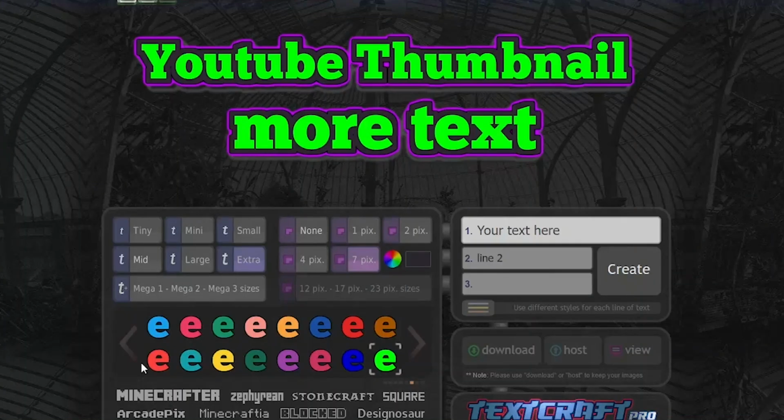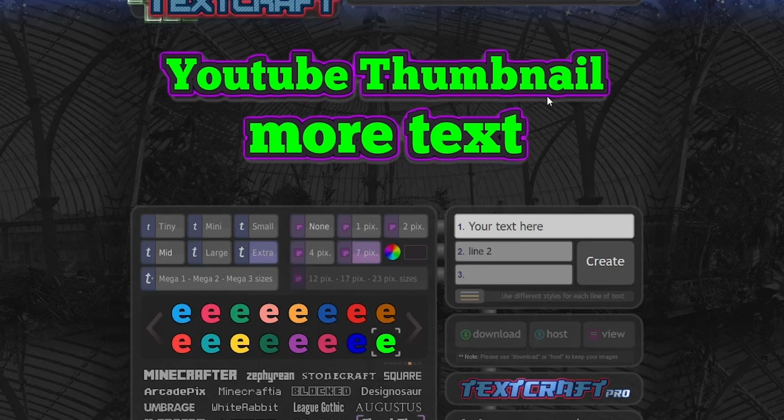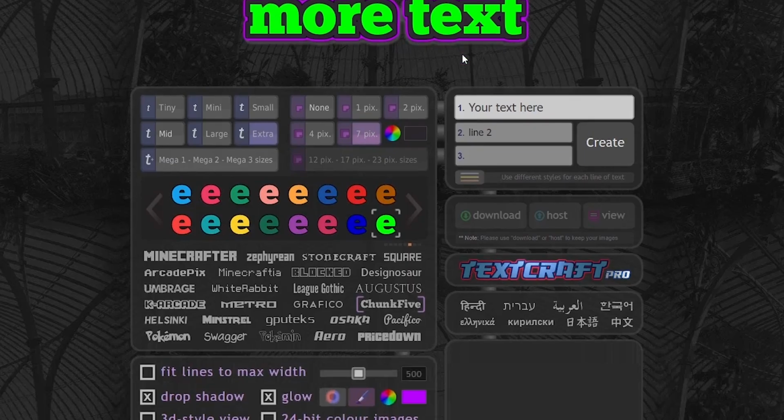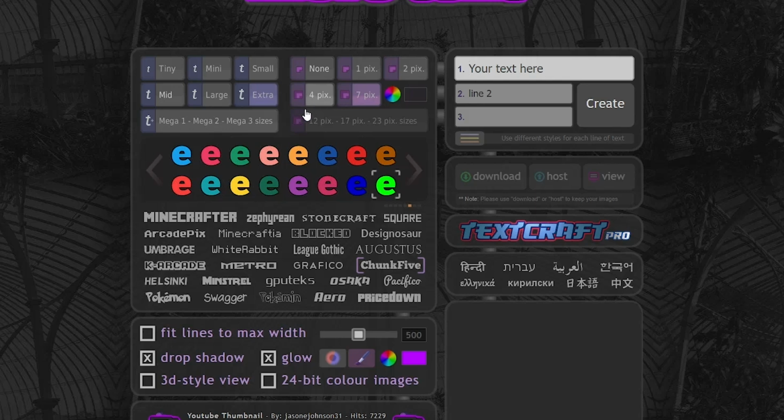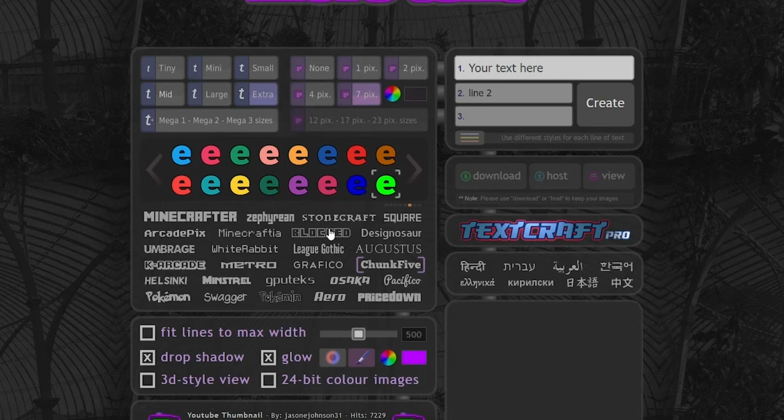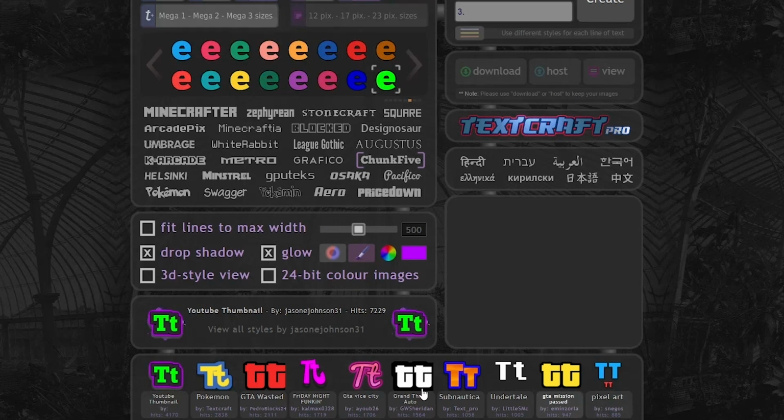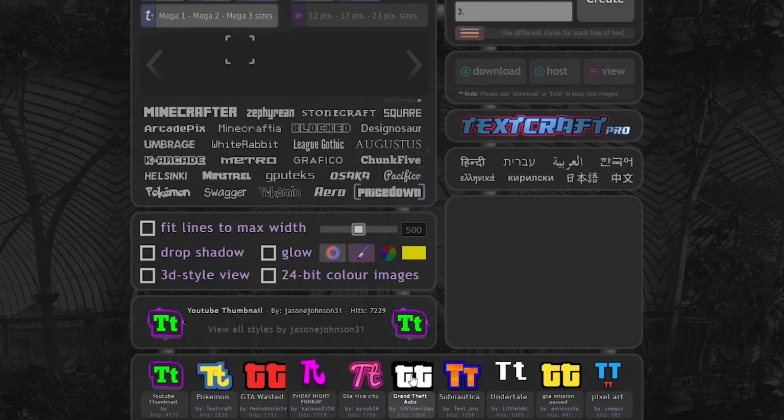So I'm going to open the first website. Here it's called textgraph.net. On this website you can easily create your text style or text graphic for your YouTube video thumbnail. So I'm going to create my text style from here. You can see there are many fonts available. You can select any of these fonts, or you can scroll down a little bit. You can also select this font style. If I select this style,